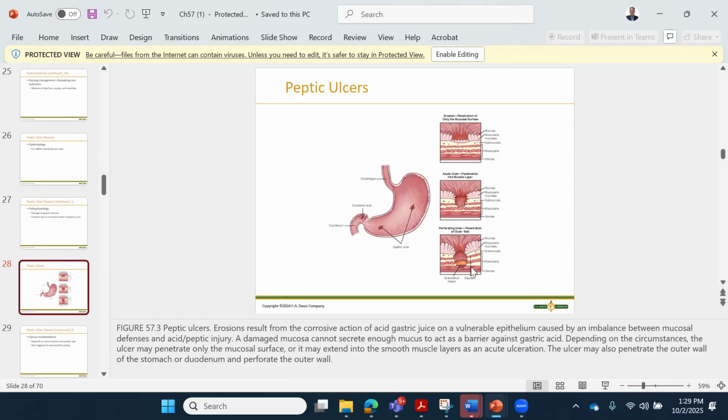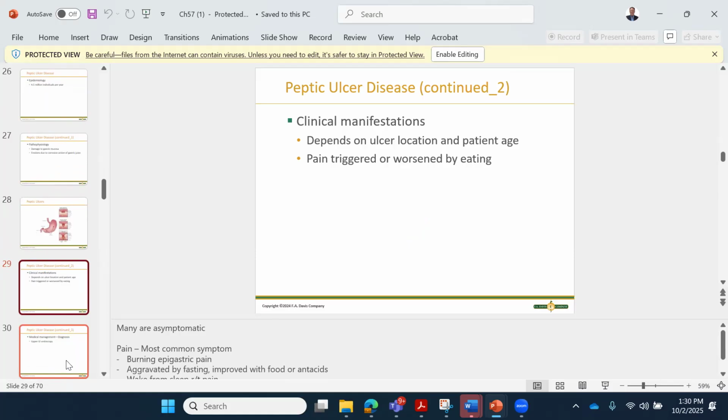A perforation of the gastric wall is very serious as it relates to peptic ulcer disease. The clinical manifestation is going to depend on the ulcer, the location, the patient's age,